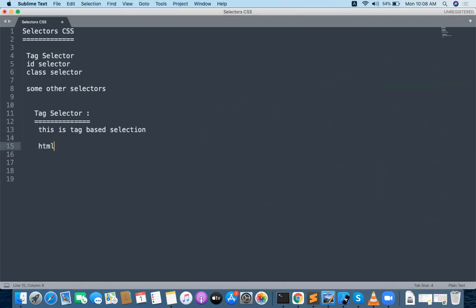For example, in HTML I'll have some tag, and in CSS I need to write some code. So you write a tag selector and write the CSS code for that. This is the way you have to do it. Let me write a simple example.